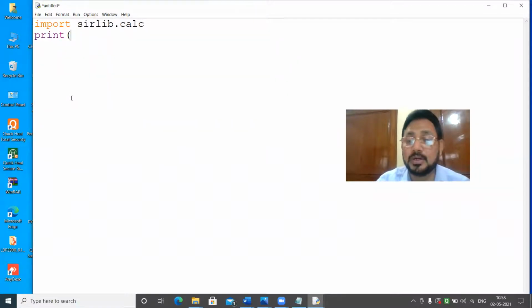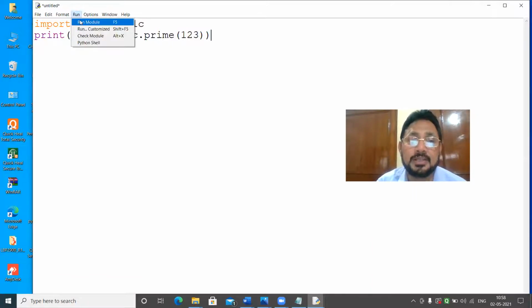Print, what you have to write? Sir, you want to check prime, no? So you have to write first sirlib dot calc dot prime, and then you give any number, 1, 2, 3, as I have given, and run this program. Before that, when I was writing, I had not written dot calc here, that's why it was showing error. Now it will not show any error.